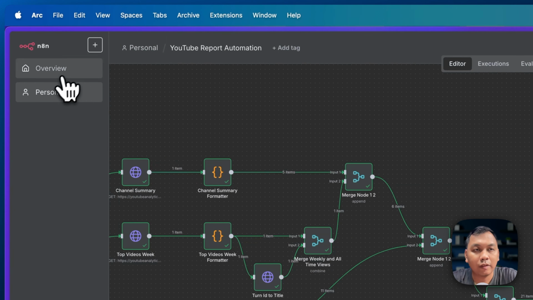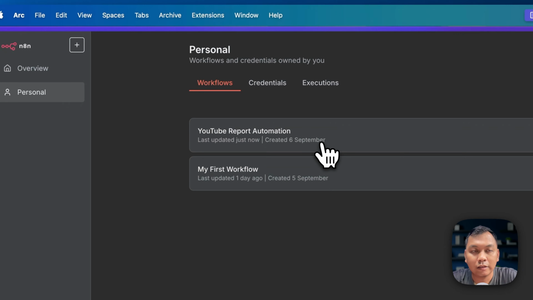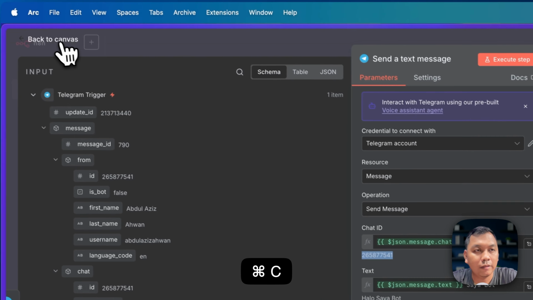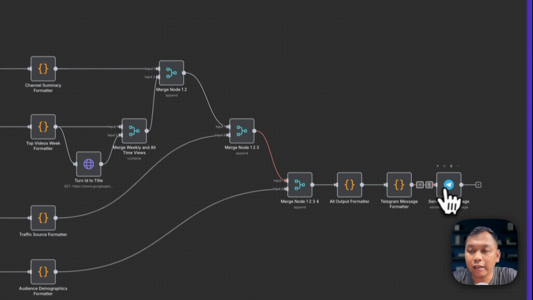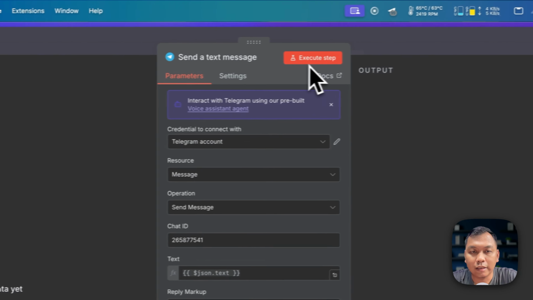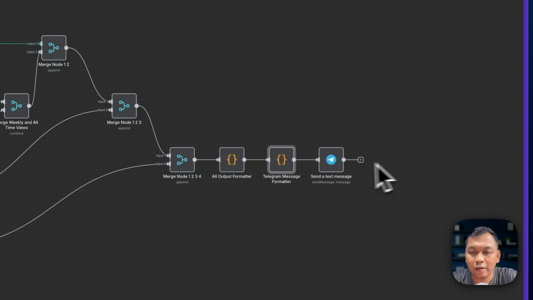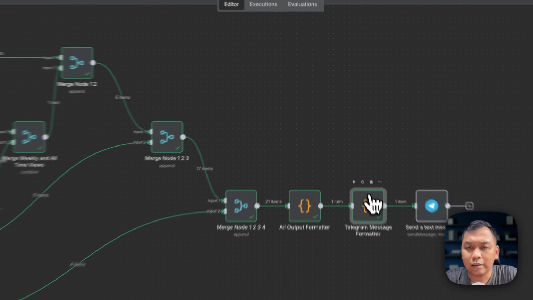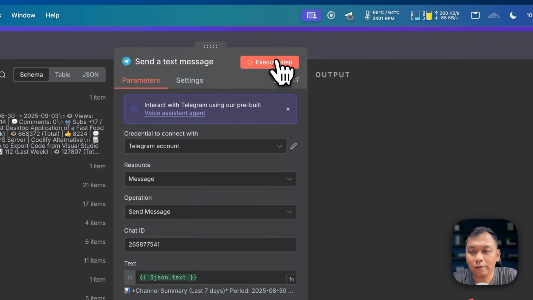And then here we need to send the text from the Telegram message formatter to the chat. So I have to check the chat ID of my Telegram, maybe this, and then I need to change the chat ID here with this, and we just need to execute again, because when we close this tab, the data is usually gone. All right, and when we execute,